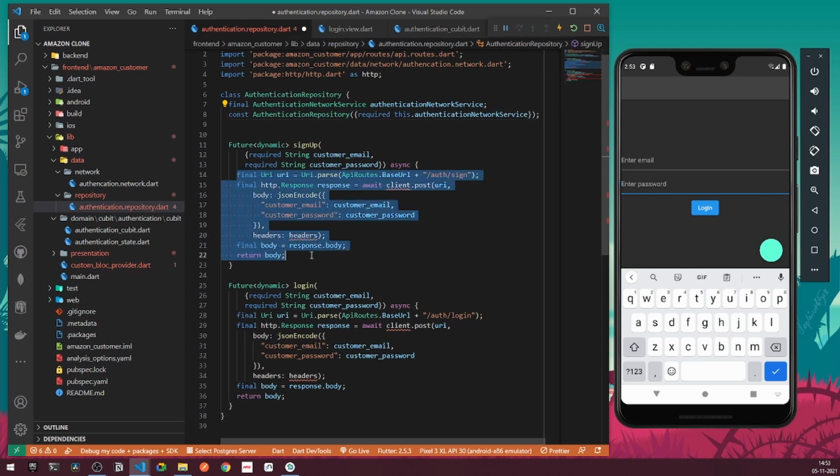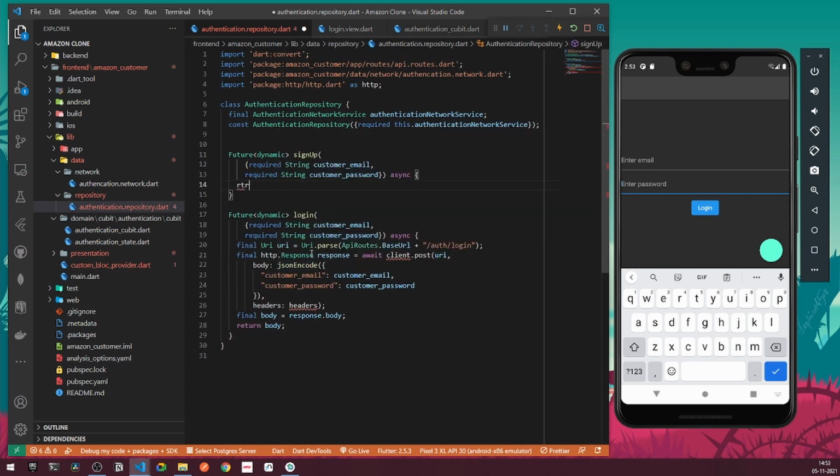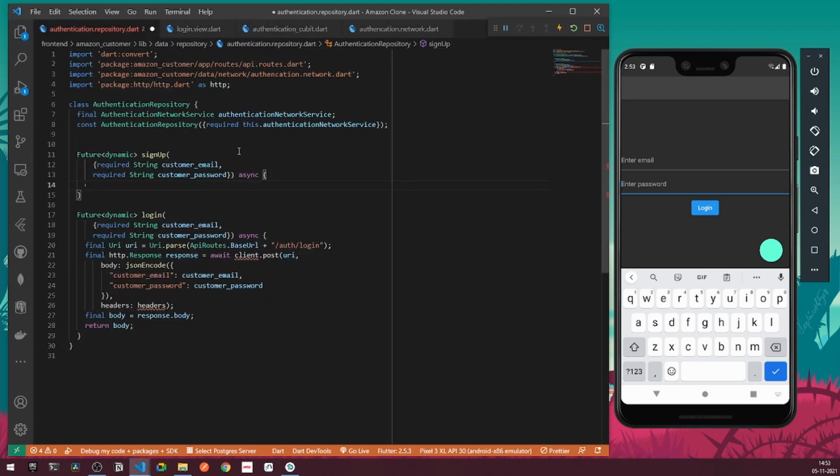Now first of all, we'll be adding a try catch block here. Or we don't require a try catch block because we are adding a try catch block under our cubits. So I'll say here, variable response will be equal to authenticationNetworkService.signUp. Now we need to decode the value here.